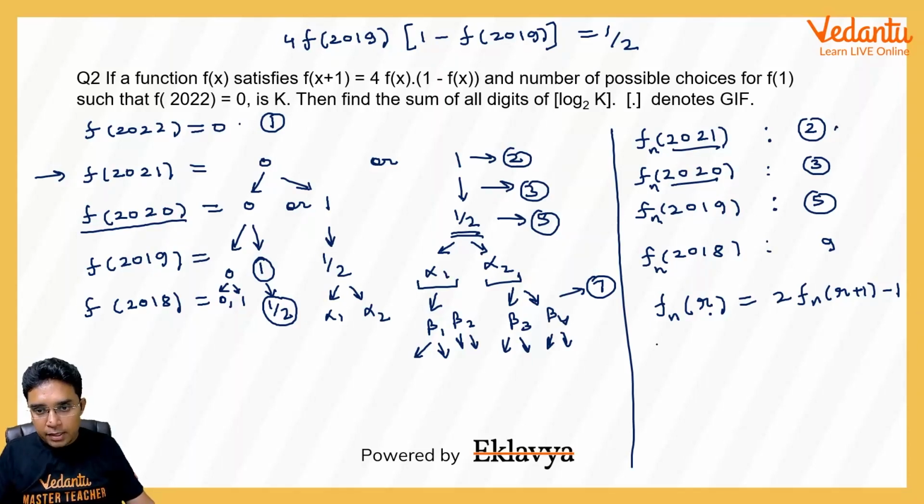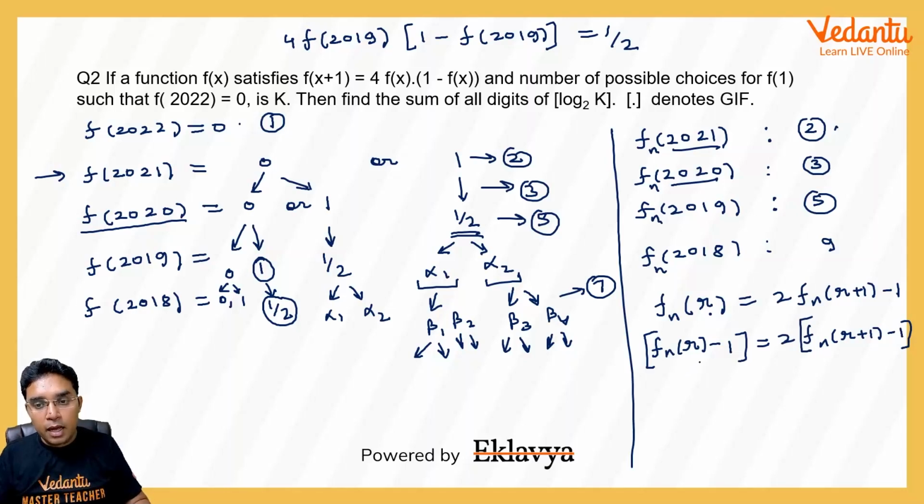So what I can write is f n r minus 1, it is like the recurrence method which we discussed in the R1 of the session. You can go through it. So this is what we are getting, that f of n r minus 1 is equal to 2 times f n r plus 1 minus 1. So I can say that f n r minus 1 will actually be 2 times,